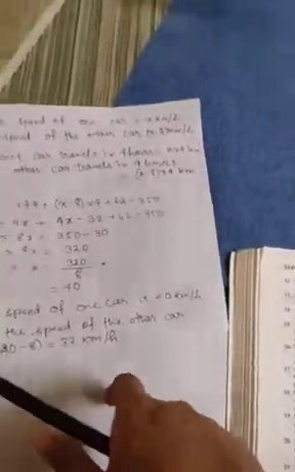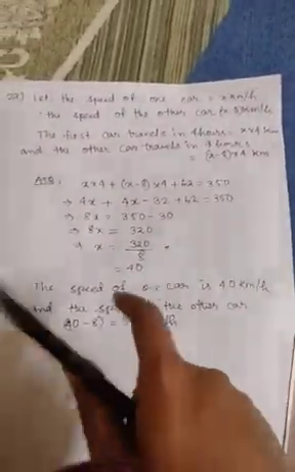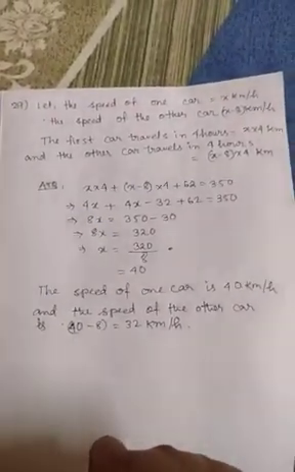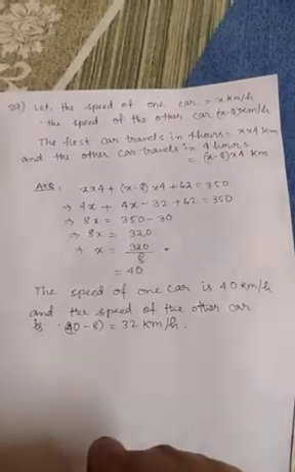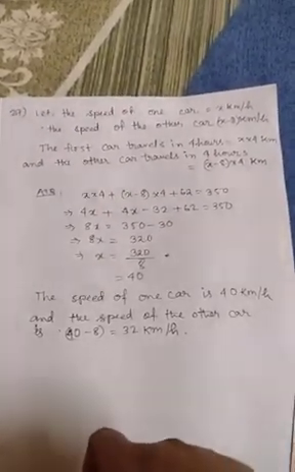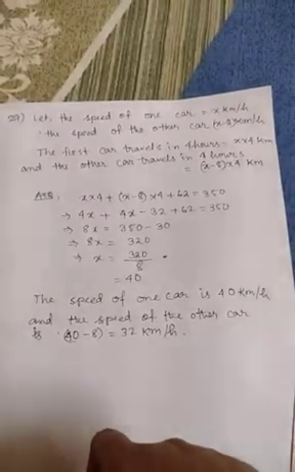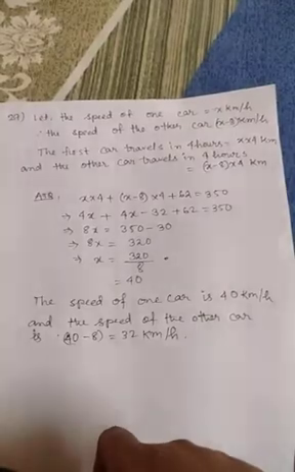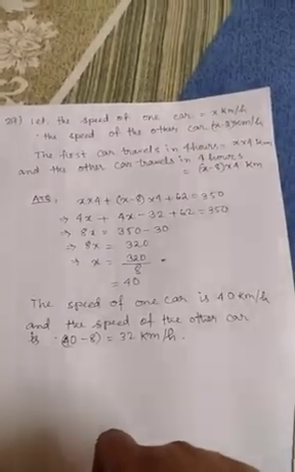Okay students, question number 29 I am reading. Distance between two places A and B is 350 km. Two cars start simultaneously from A and B towards each other, and the distance between them after 4 hours is 62 km. If speed of one car is 8 km per hour less than the speed of the other car, find the